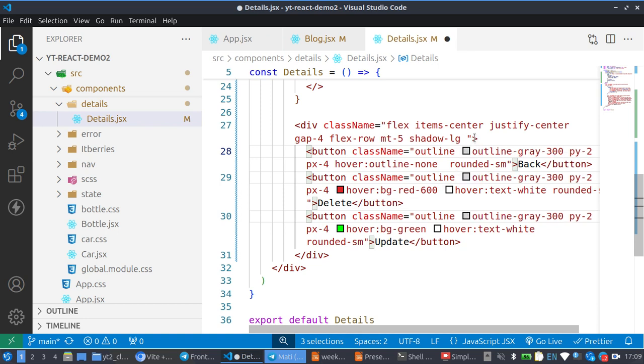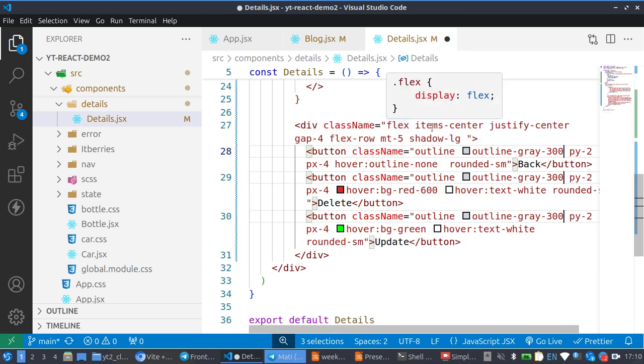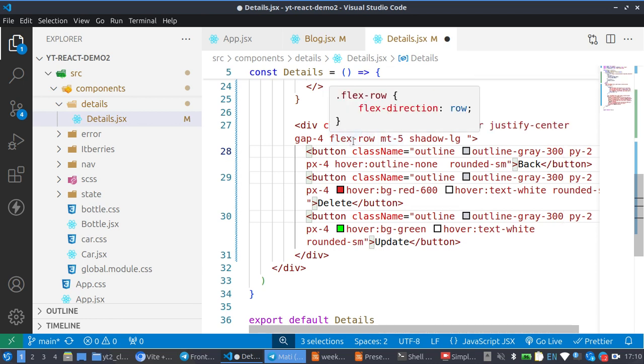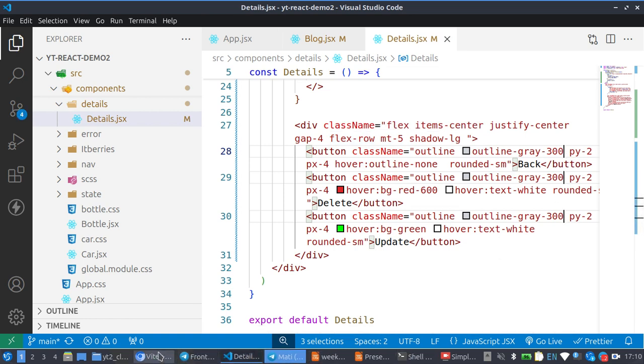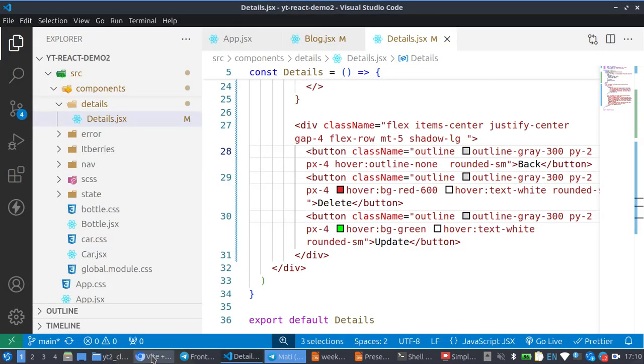So the next thing I want to do now is in this place, the gap is not working, and I don't know why. So flex items center, justify center, the flex direction should be row. Let me save again and see why that is not working. Okay, I think it is working now. Okay, so let me share